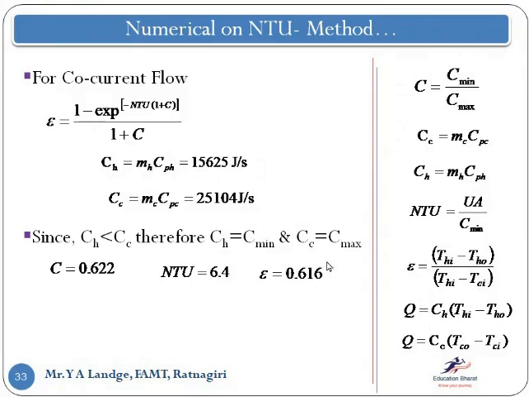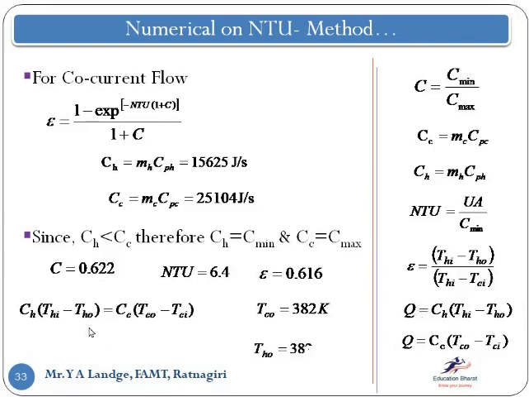Now the epsilon is this one. THI value is given in the statement. THI is okay here. TCI is also given, so you can calculate THO. With the help of this formula, you get a value of THO. Fine. So once you get the value of THO, then what do we do? We are equating these terms. How do we equate? We can say that this is equal to this one.